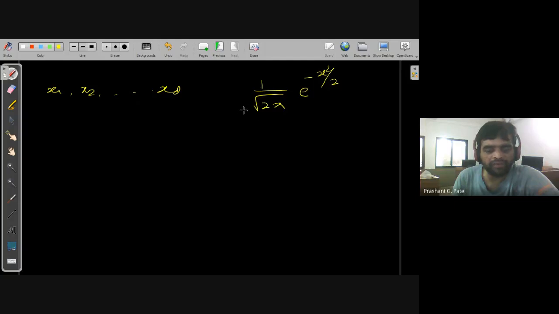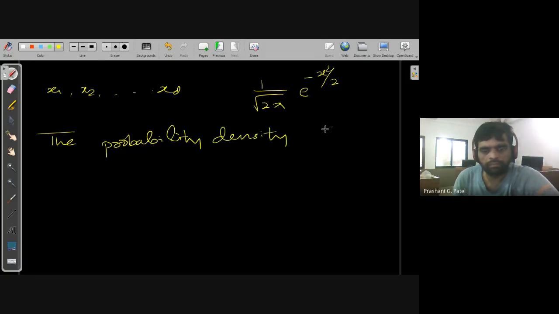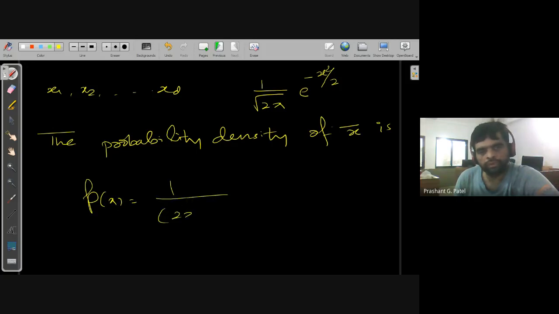Thus, the probability density function of x bar is p of x is equal to 1 upon 2 pi power d by 2 e power minus (x1 square plus x2 square up to so on xd square) upon 2,